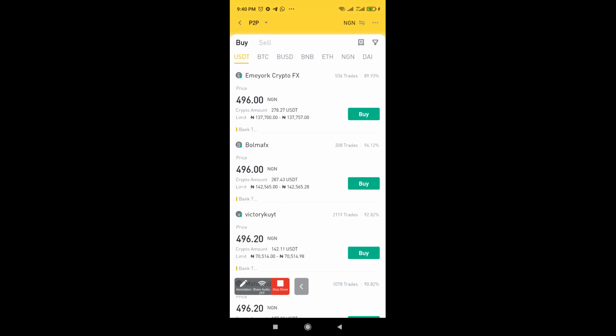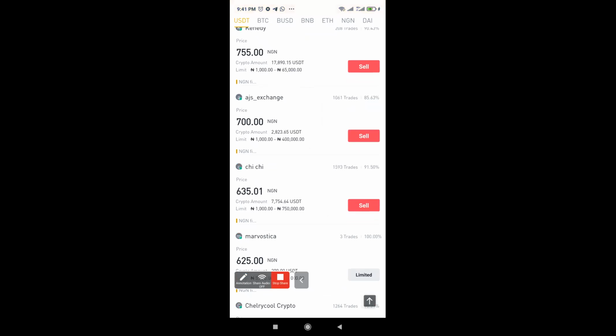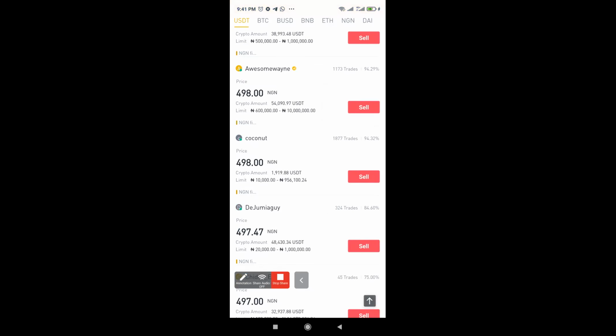Because somebody mentioned at the last class that, hey, I can just be buying and selling dollar. I can just buy USDT low and sell high, because he's seeing 496 to buy and he's seeing 760 to sell. It's not like that. This person that said 760 will not send money to your bank account. He will only give you the fiat in your Binance wallet, and that does not amount to the same thing. If they ever want to send to your bank account, it has to be lesser. You have to go and look for them down, and their prices are usually lesser.